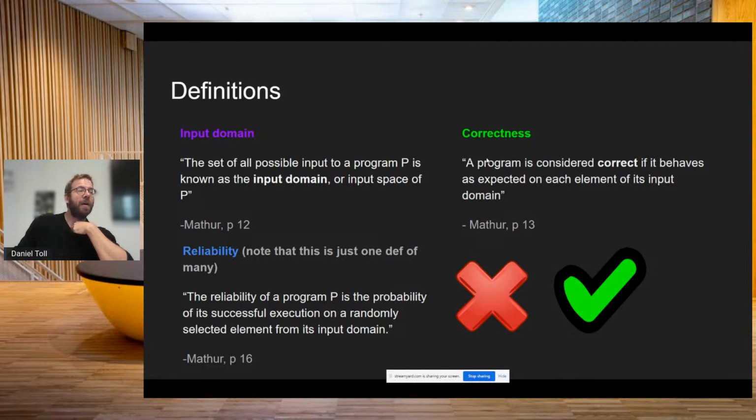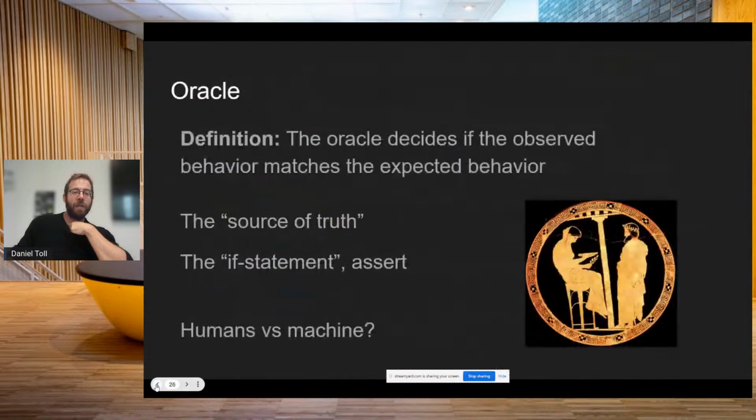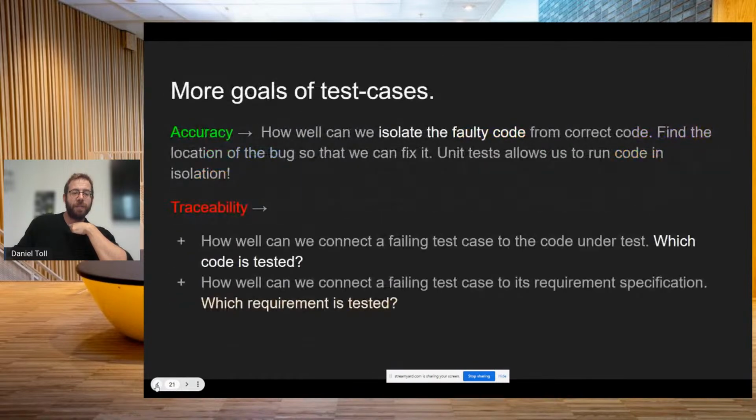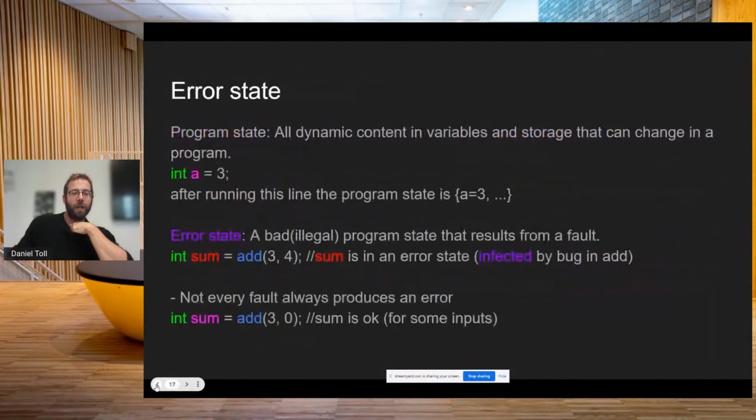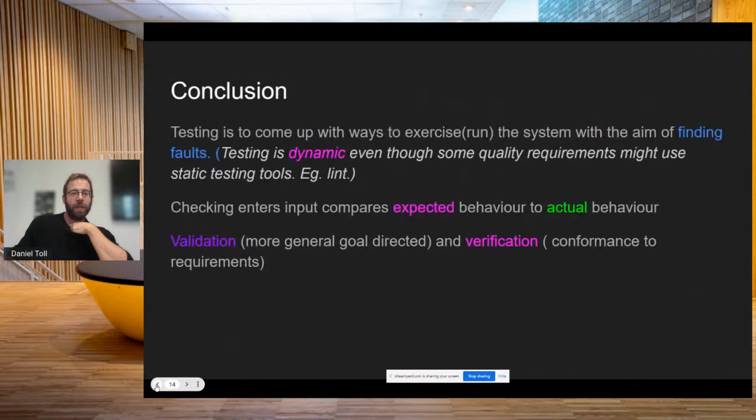So if we really need correctness, we need to do something else. And actually I mentioned that during the last lecture, and I called it